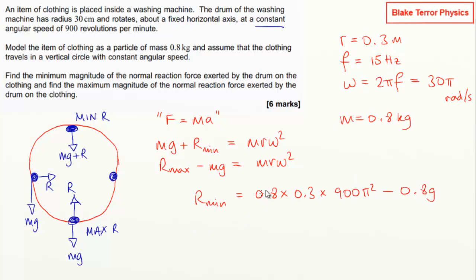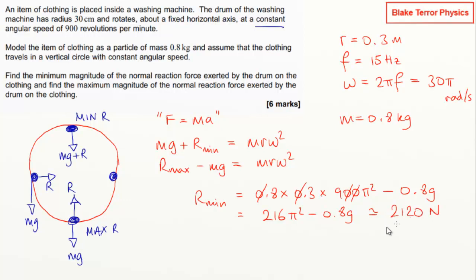So let's get rid of a lot of these zeros here. That 0, that one, and that one all cancel with each other. So we've got 3 times 8 is 24, multiplied by 9 is going to give us 216. So we've got 216 pi squared minus 0.8 g. That's what we've got for R min. If I just tap that into a calculator, that's coming out at around about